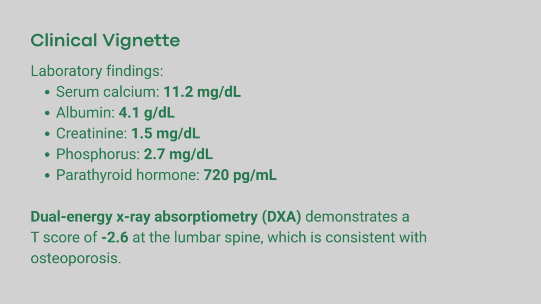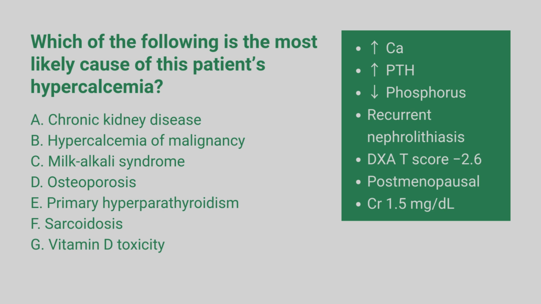Albumin is 4.1 grams per deciliter. Creatinine is mildly elevated at 1.5 milligrams per deciliter. Phosphorus is slightly low at 2.7 milligrams per deciliter. Most notably, the parathyroid hormone level is markedly elevated at 720 picograms per milliliter. In addition, dual-energy X-ray absorptiometry, or DXA, demonstrates a T-score of -2.6 at the lumbar spine, which is consistent with osteoporosis. Based on these findings, the question asks, which of the following is the most likely cause of this patient's